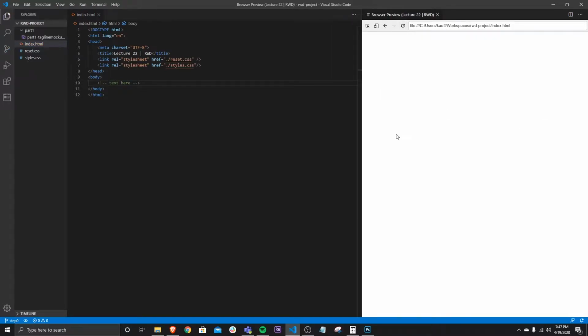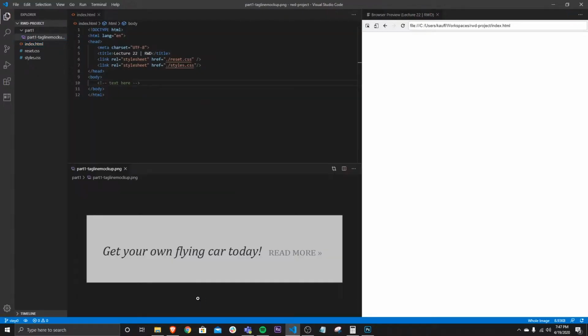Alright, so the scenario that we're going to start with is I want you to pretend that a graphic designer has given you a mock-up and they want you to make it. So you just have this little link here, a little headline, and then we have a read more link. So first things first, we might want to mock this up in the browser. So we'll just